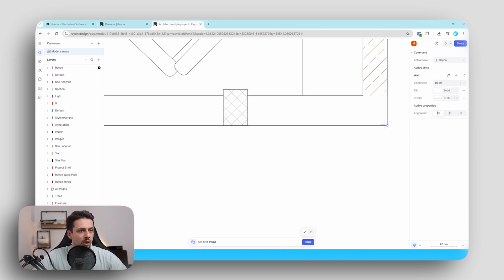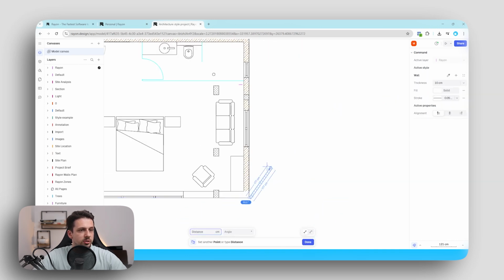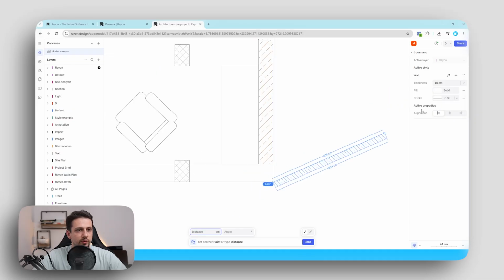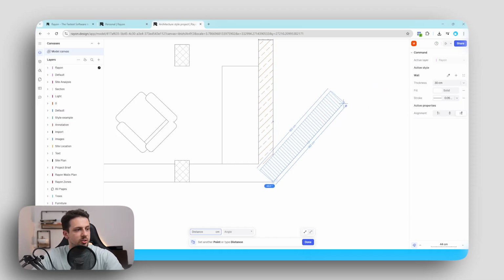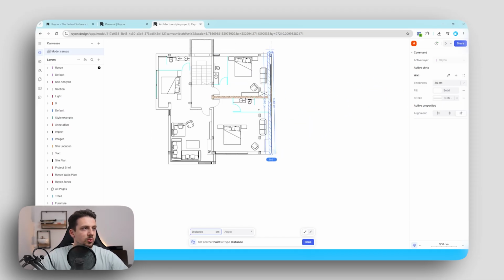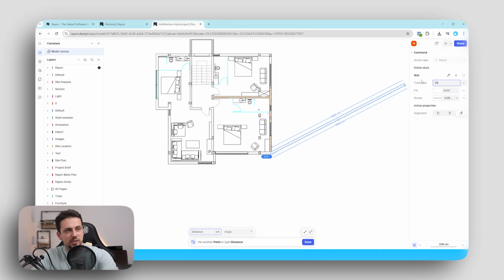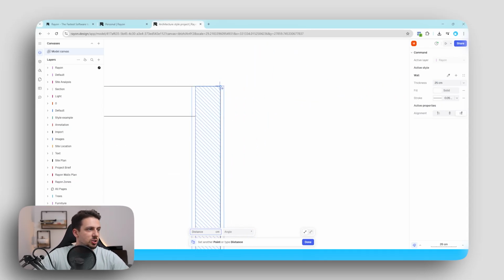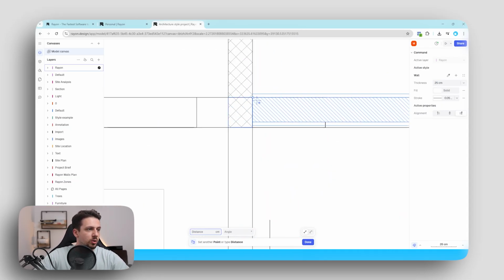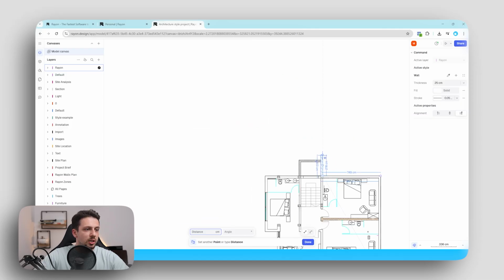We can click once for the starting point. We can also change the alignment. So as you can see now it's drawing from the outside, but we want it from the inside. We can change the thickness to something like 30 here. Let's click enter, and as you can see now we can draw something like this. Let's make it 25 centimeters, and in just one click you can see that it will create the walls super